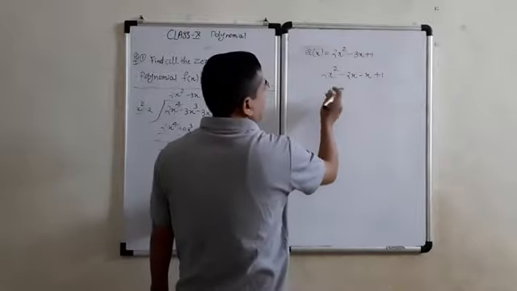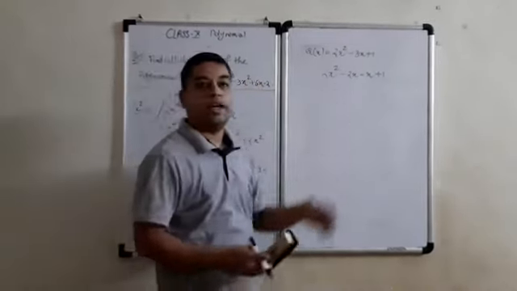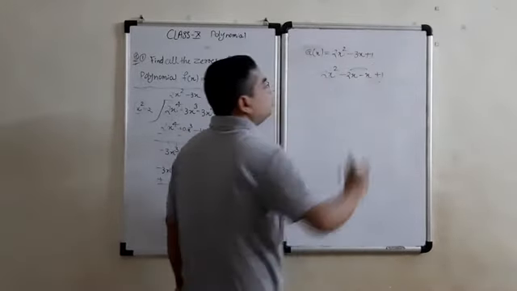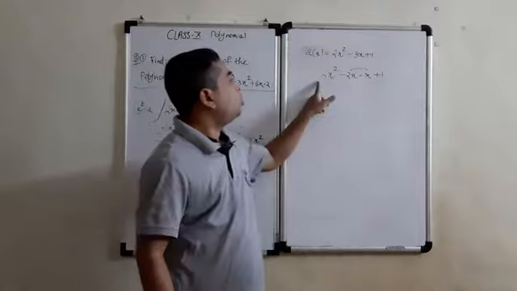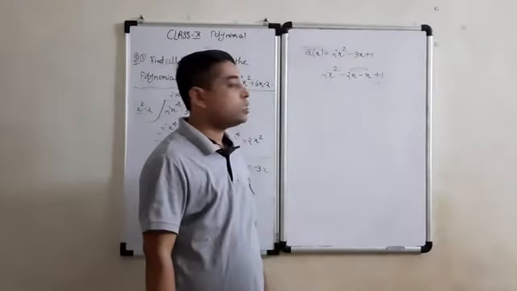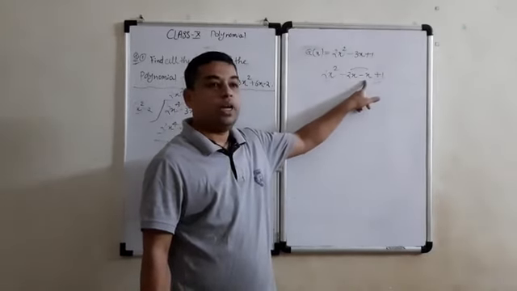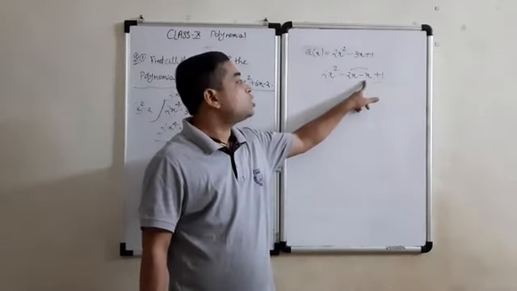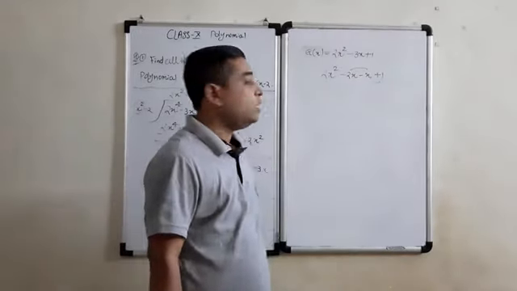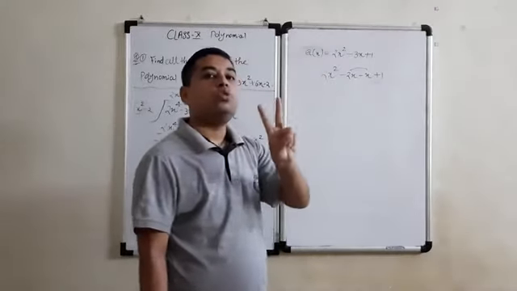Okay, and see how we will check whether our splitting is correct or not. The product of first and last and the product of middle two should be same. So look here, 2x square into 1 will give us plus 2x square, and the product of these two, minus 2x and minus x, will also give us plus 2x square. So it is a very easy method for checking whether we are doing the correct splitting of the middle term or not.